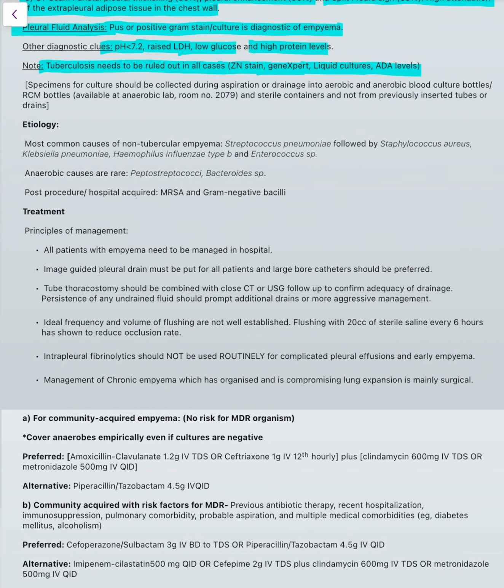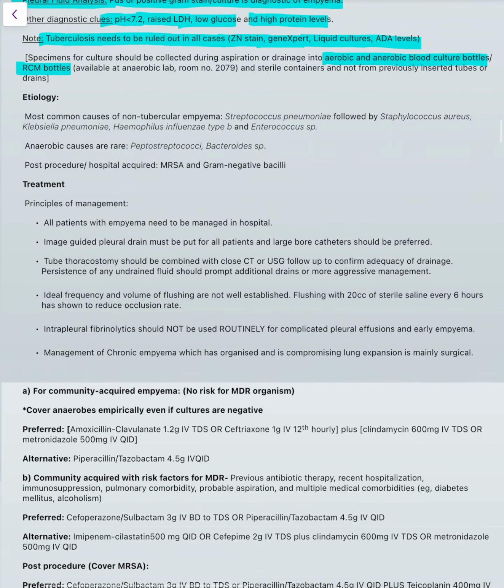So the specimen for the culture should be collected during aspiration or drainage into aerobic and anaerobic blood culture bottles or RCM bottles, that is for anaerobic. And sterile containers, and not from the previously inserted tubes of the drains. Now coming to the etiology, the most common cause of non-tubercular empyema is Streptococcus pneumoniae, followed by Staph aureus,